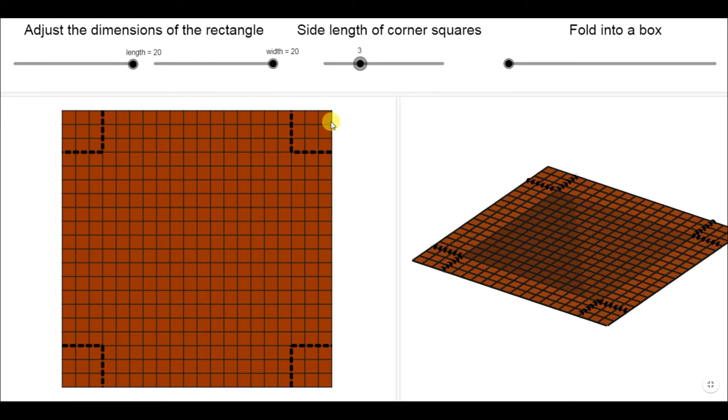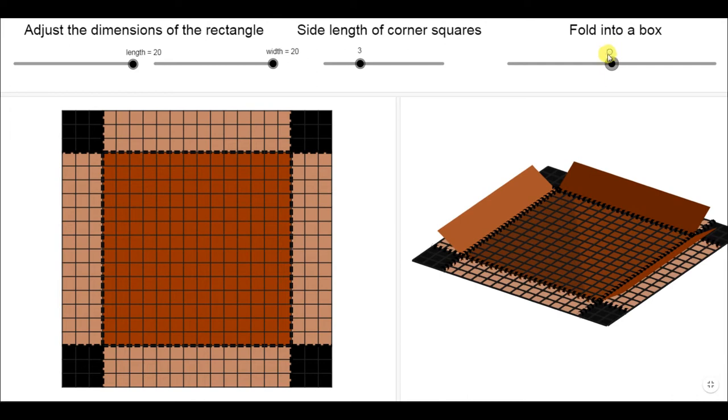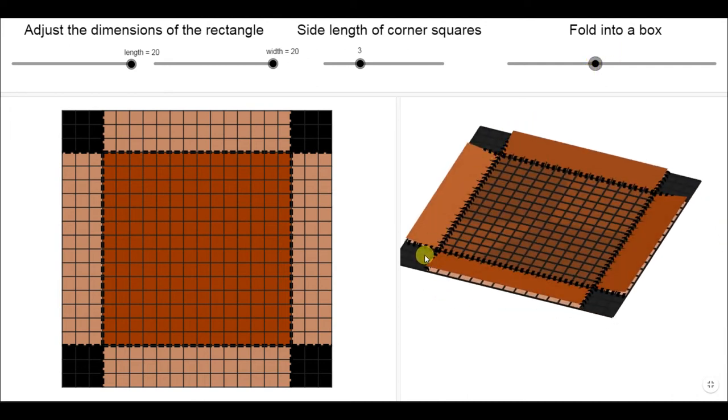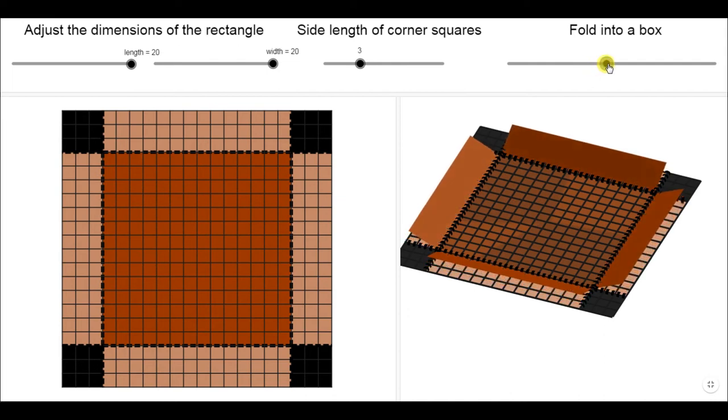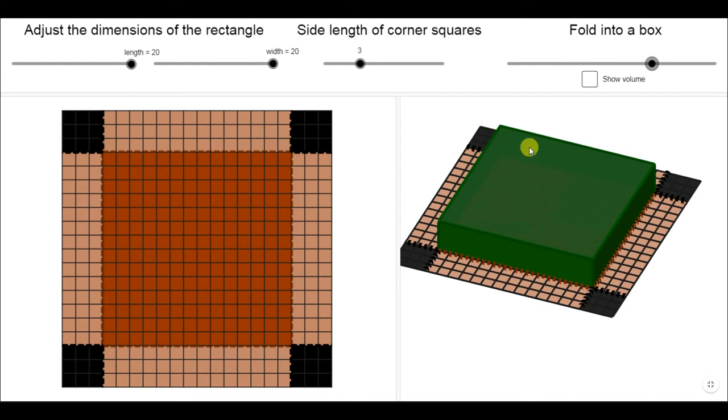When you cut out these squares, you can create a box by folding the flaps. Just look at this. If you cut out the corners of this sheet, these will be your flaps, and you can fold them up like this and you can see it is becoming a box. So you can fold it, and it will be a box in front of you like this. This becomes a box without a lid. It will be open from the top.